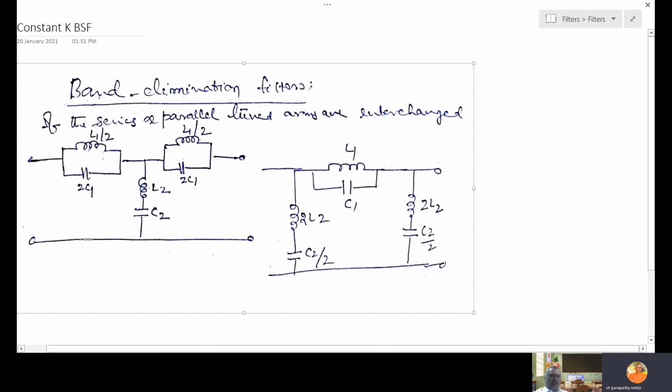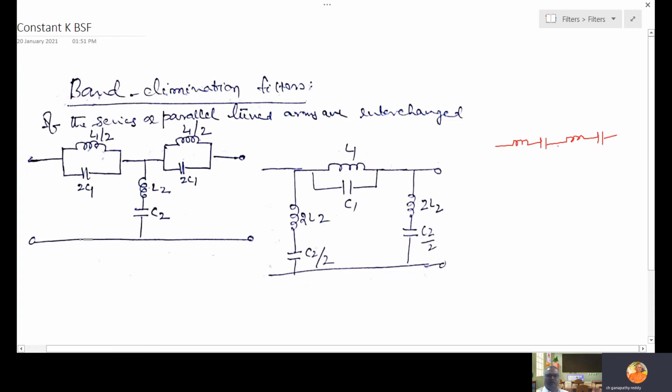Whatever we are showing in the parallel shunt arm, keep it in the series arm, and whatever is in the series arm, change into parallel. So what was earlier in series, inductor and capacitor,